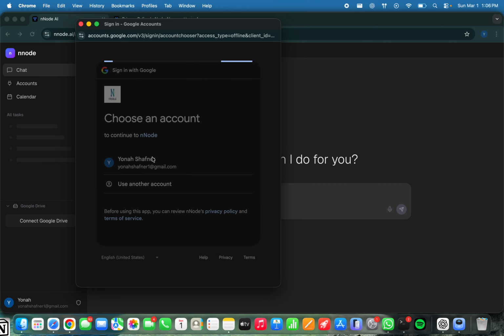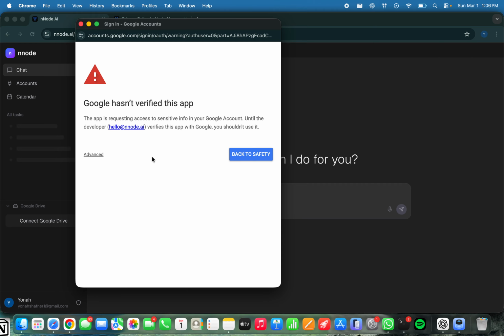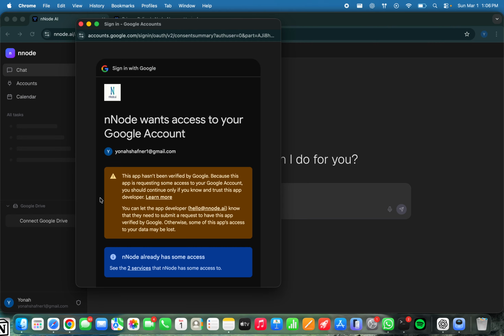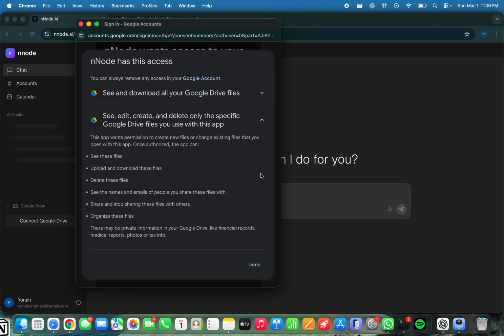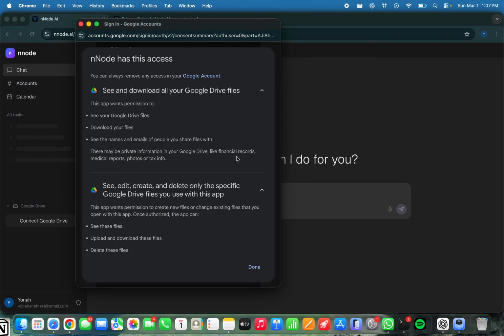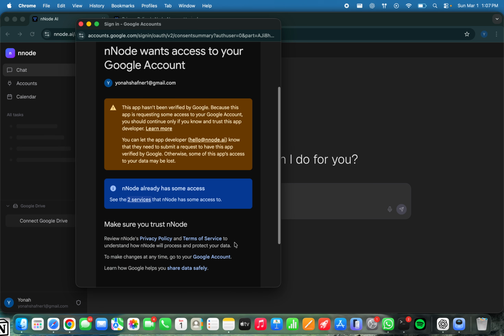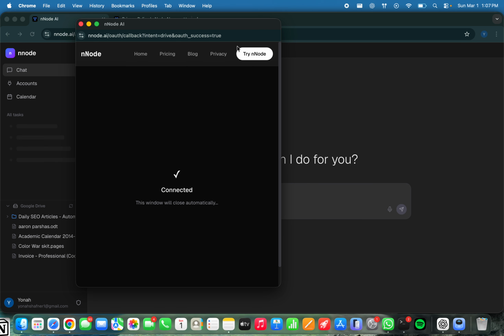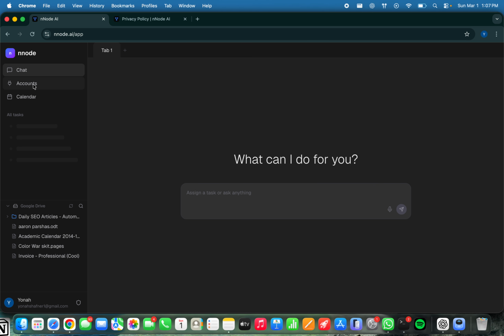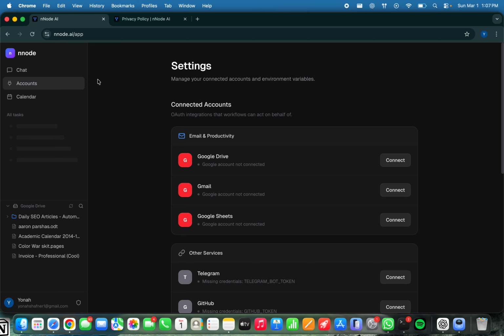I'm going to click on Yona Schaffner. It's going to look like it's unsecure, but that's because we are trying to get this app verified. I'm going to go to allow it anyway. And then you can see some services that I've already authenticated with so far. It's going to be Google Drive and stuff like that. So let's continue that authentication process. Sweet, we are connected, so we can come back to here, and then we can also go to accounts,